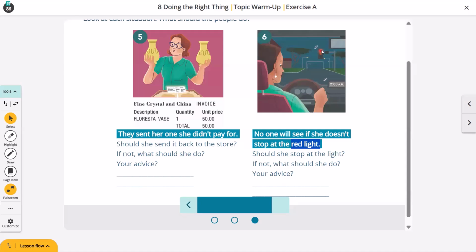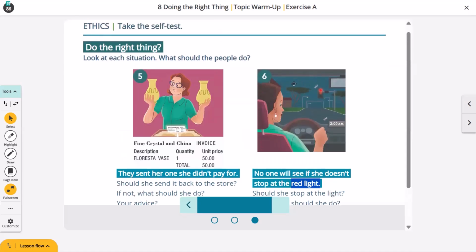Mhm. Yes, it's clear. Don't worry. It's okay. So yes, that's right. Even if it is at night, even if no one will see her, we have to be careful because maybe there are some, I don't know, a sport boy, a sport girl, the ones who run at night and we don't see, and we are very confident of that, so we can cause an accident in this case. So be careful with that.